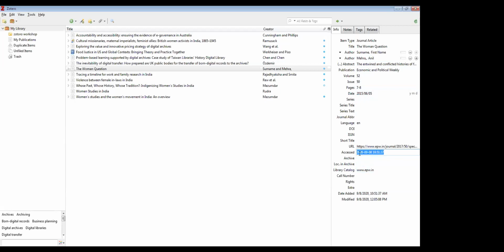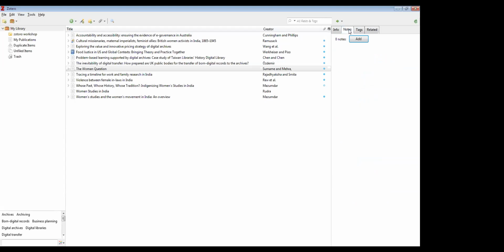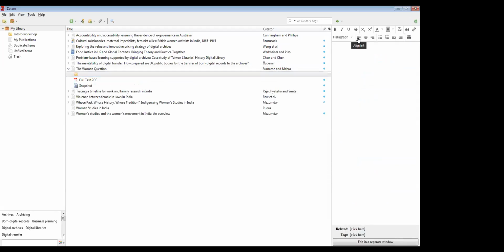So that's how you can edit the metadata in this right pane. It also allows you to add your notes. Suppose you read this article and have some notes, you can easily add them here. The moment you click on notes, it will give you the editable text area where you can add notes to a particular document.